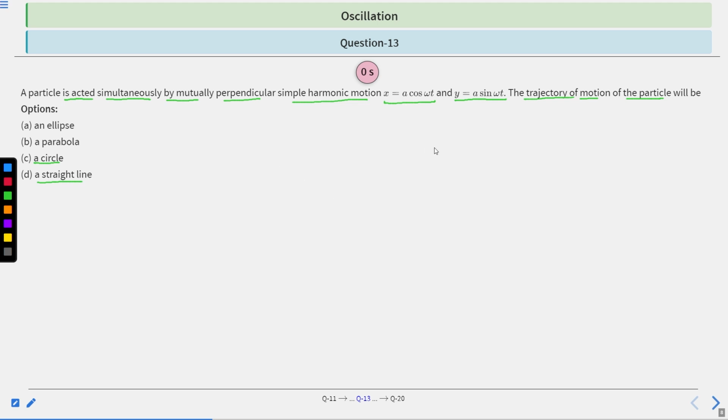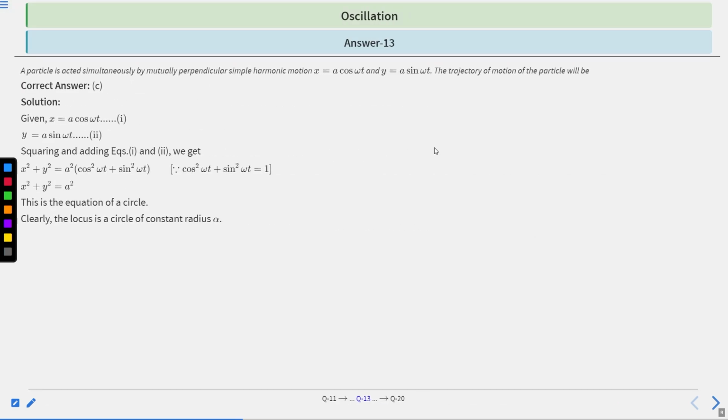Let's find a solution. According to the question, a particle is acted on simultaneously by mutually perpendicular simple harmonic motions, where x equals a cos omega t and y equals a sin omega t. Clear? The trajectory of motion: given x equals a cos omega t, let this be equation 1,